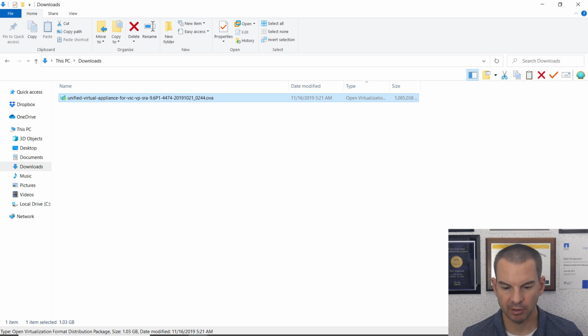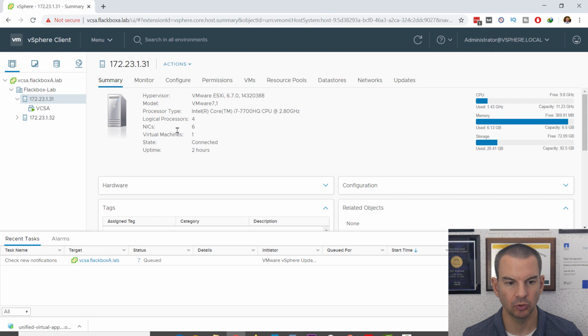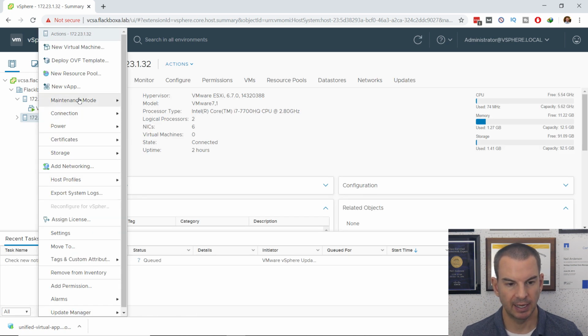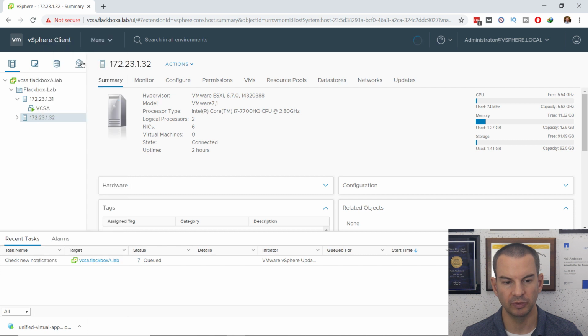So to get this installed, I need to go to the vSphere Client, which I've already opened. So I opened https://vcsa.flackboxa.lab, and then I logged into the vSphere Client from there. And I want to install this onto my ESXi2 host, which is at 172.23.1.32. So I'm going to select that and then right click on it, and I'm going to choose Deploy OVF